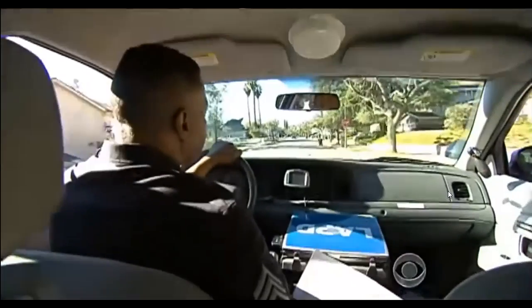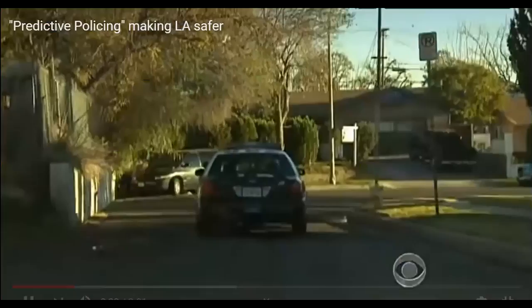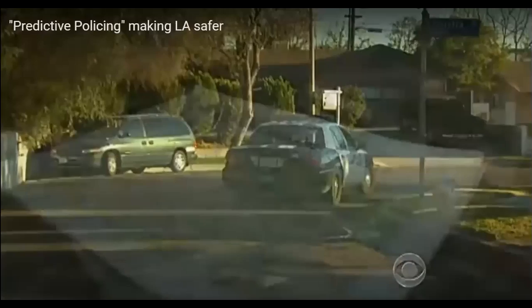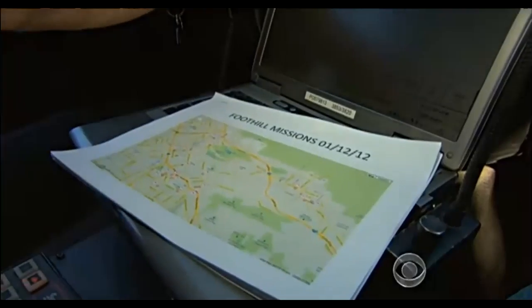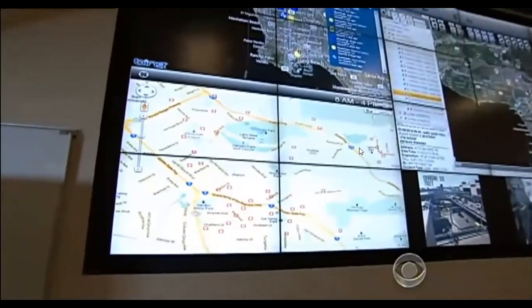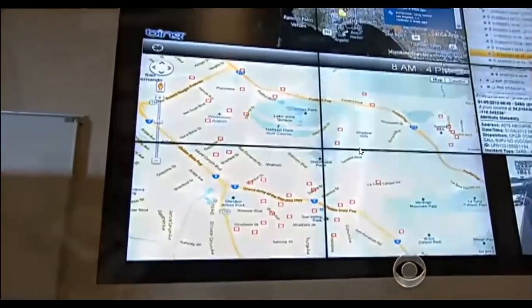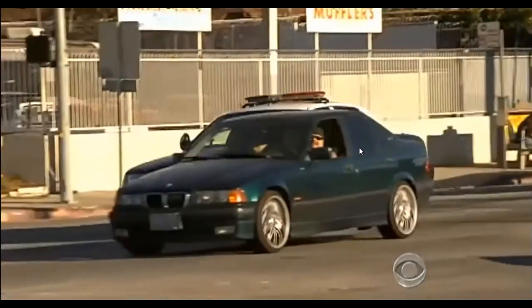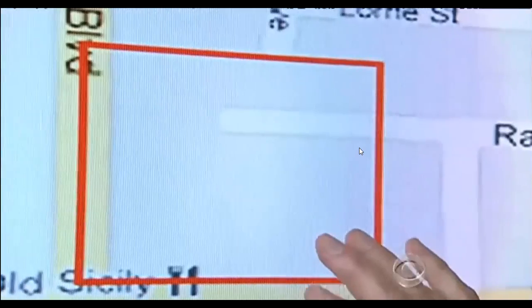In the Foothill Division, north of downtown Los Angeles, police are patrolling the largely working-class neighborhoods with specially marked maps. The small red squares are hot spots, where computers project property crimes are most likely. It's called predictive policing, a program which Captain Sean Malinowski says puts officers on the scene before crimes occur. 65% of our crimes are burglary, grand theft auto, and burglary from motor vehicle. And that's what these boxes represent. That's a pretty small box, 500 feet by 500 feet. Yes, it is a small area.